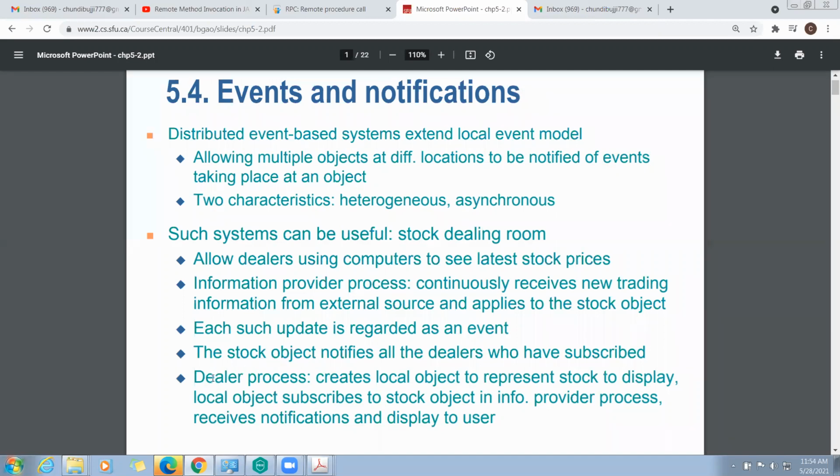Now, coming to the dealer process, the dealer will create a local object to represent the stock to display. Okay, all this is general information. The main concept is here: one point is dealer, second point is stock. At the dealer, regarding the stock information, all dealers should know about the stock information.